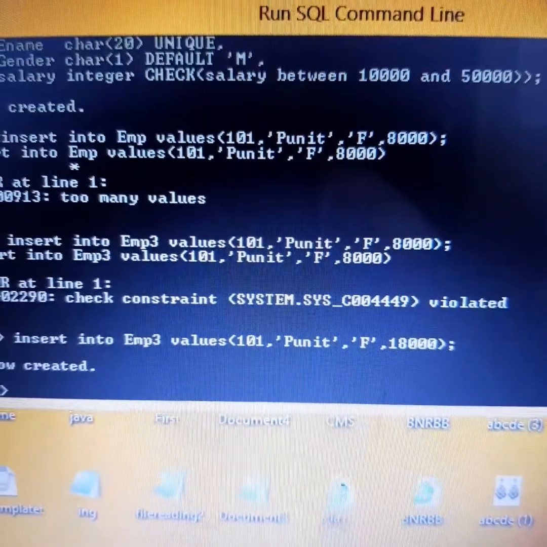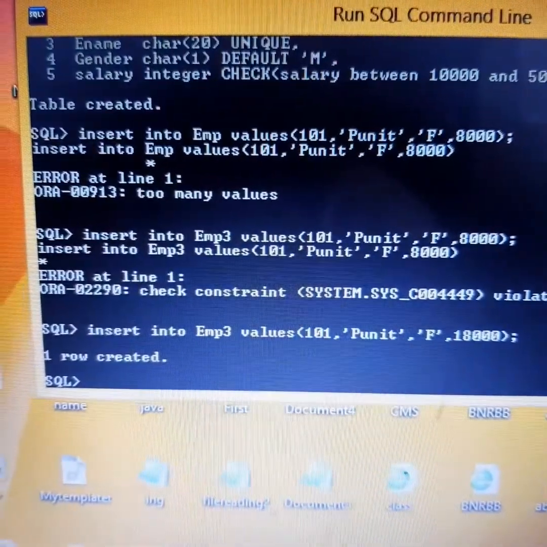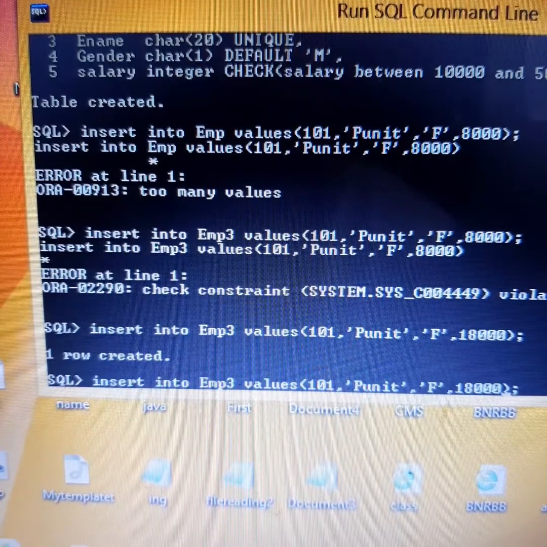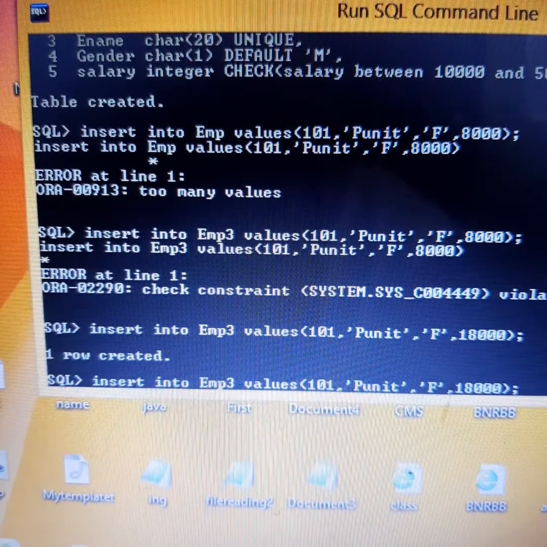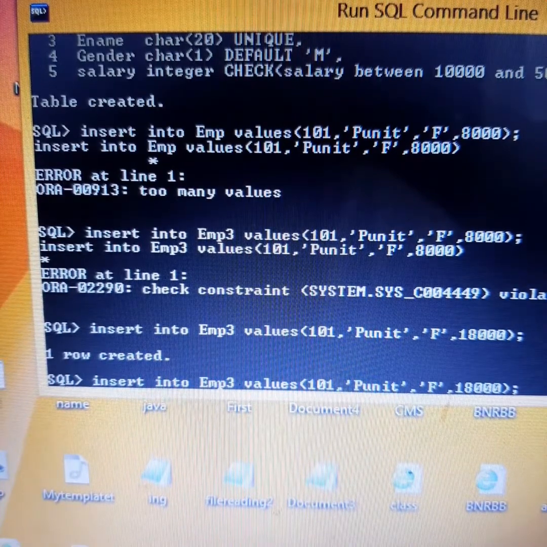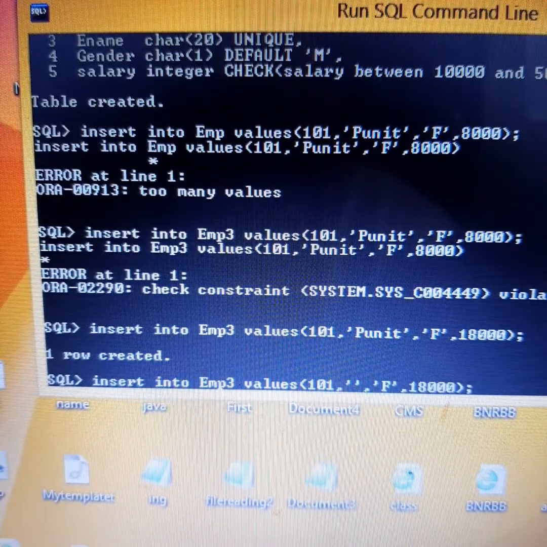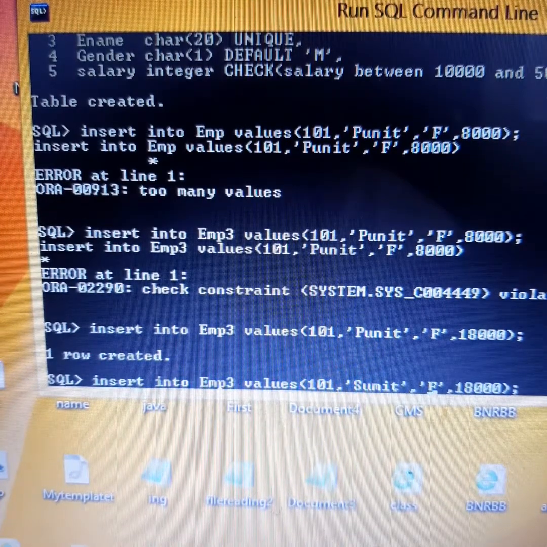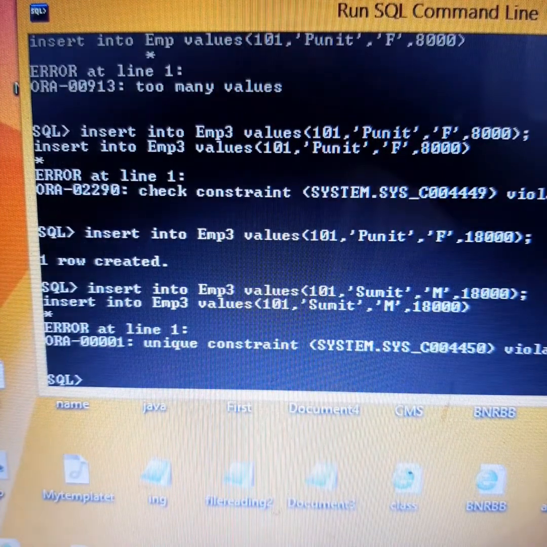So one row has been created. Now if again another which I am entering, by mistake I am keeping 101 only, and the name that I am keeping is Sumit. Unique constraint has been violated. Why?